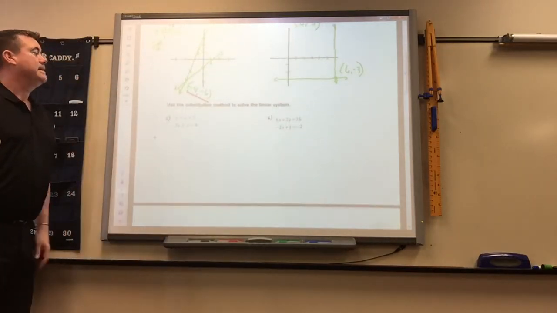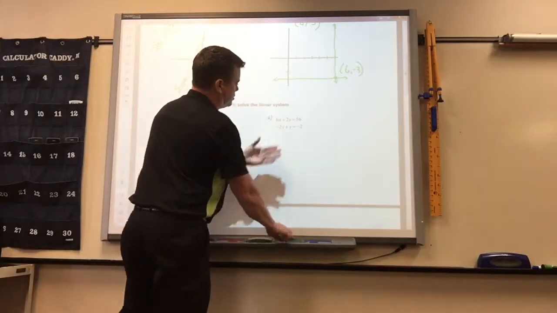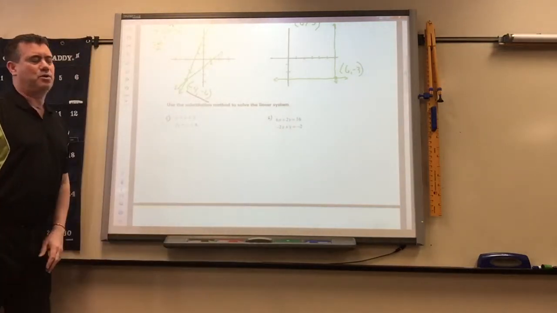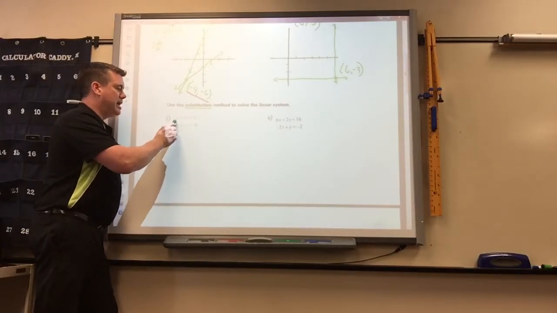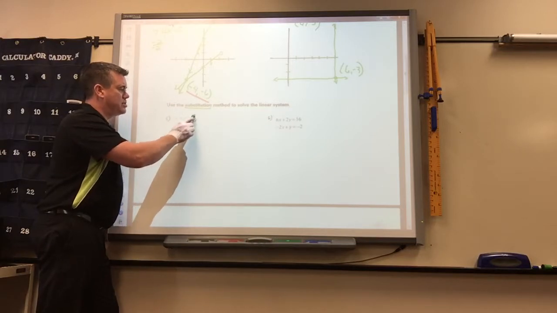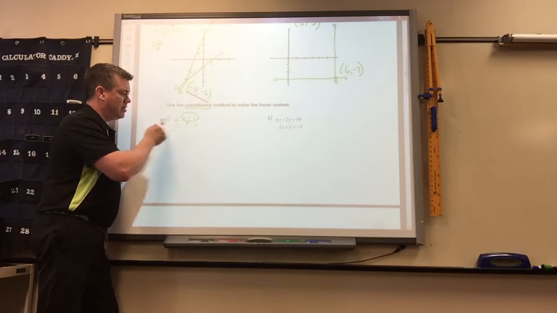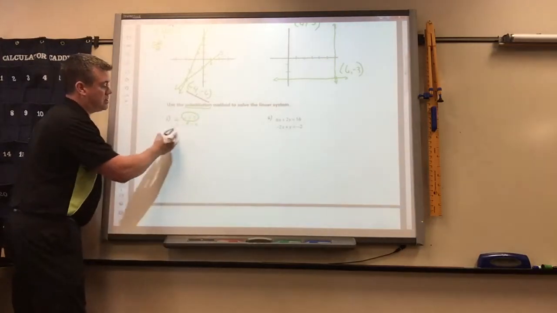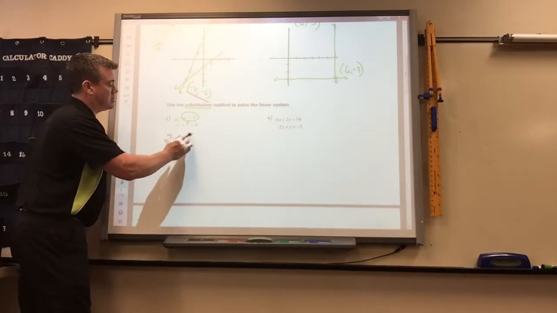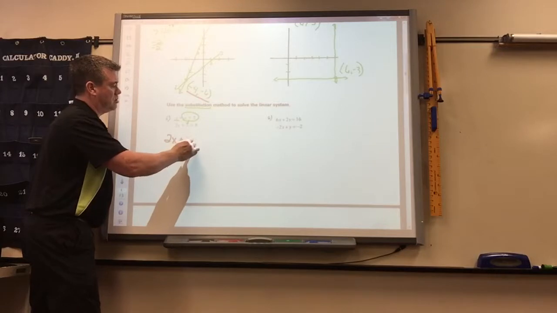So I know I got the correct answer. Okay, substitution. The first one is a good substitution, the next one, you have to do a little more work. So for substitution, you have to get a letter by itself, which this one already has. You take what it's equal to and put it in place of this letter in the other equation. So then you just rewrite this, 2x plus, and in place of the y, you put what y is equal to,